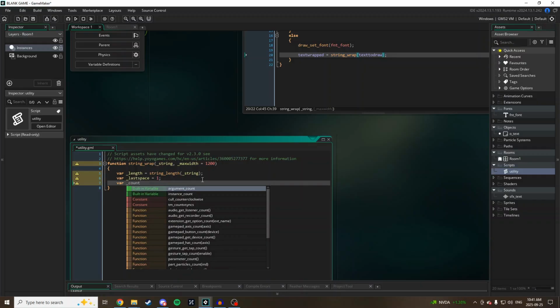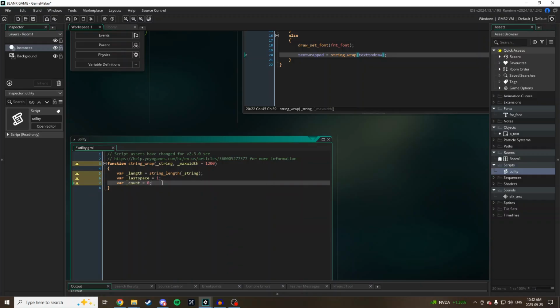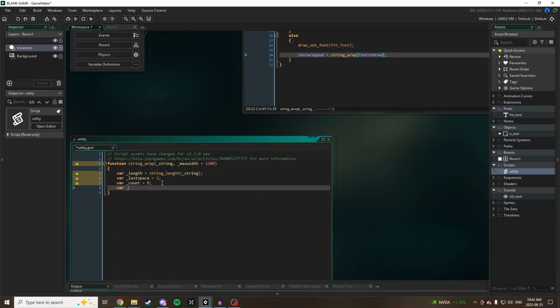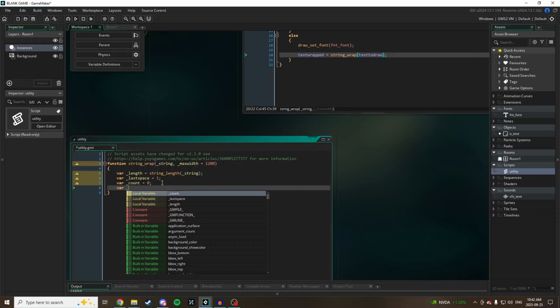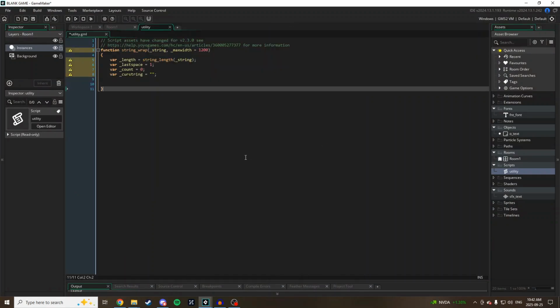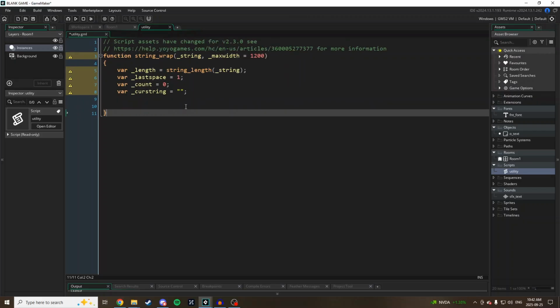Var count is going to equal 0. And then var current string, so just cur string, is going to equal an empty string. And then next I'm going to be bringing in, so I can make this bigger for you guys,